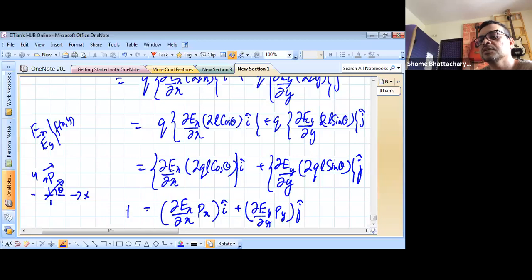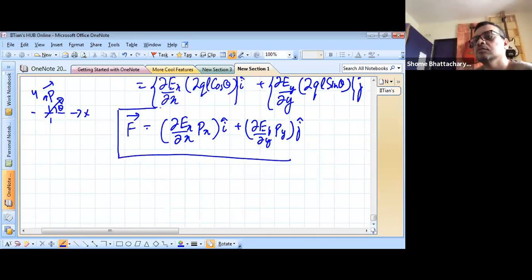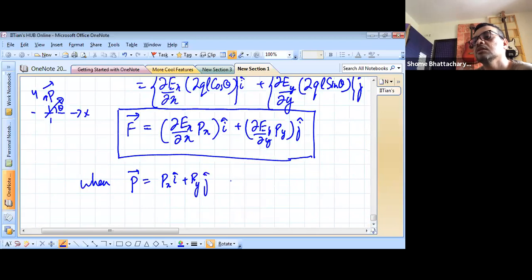Okay. So this becomes our net force when this situation happens, when a dipole such that its dipole moment expressed in component form is this,